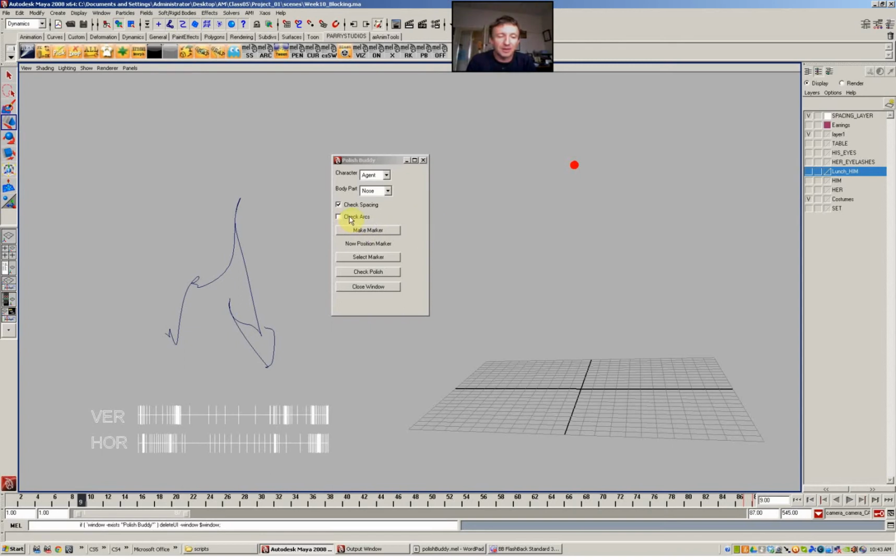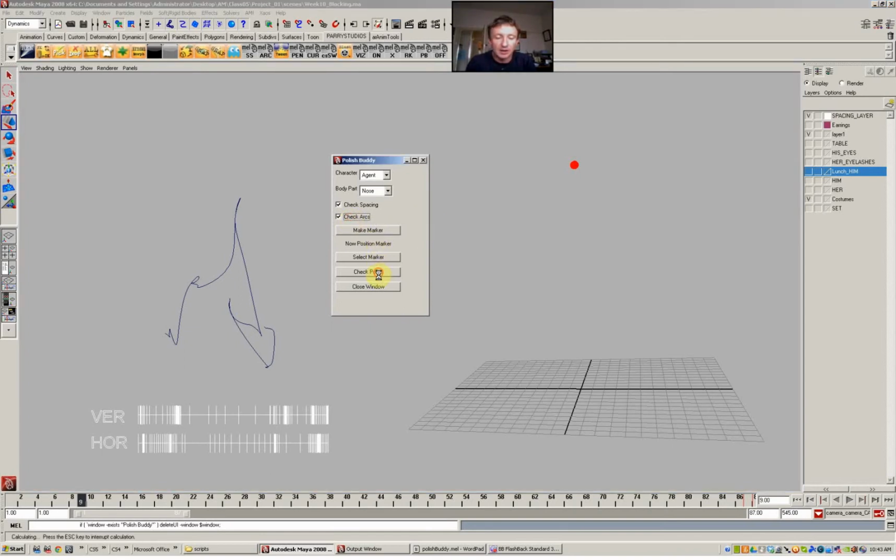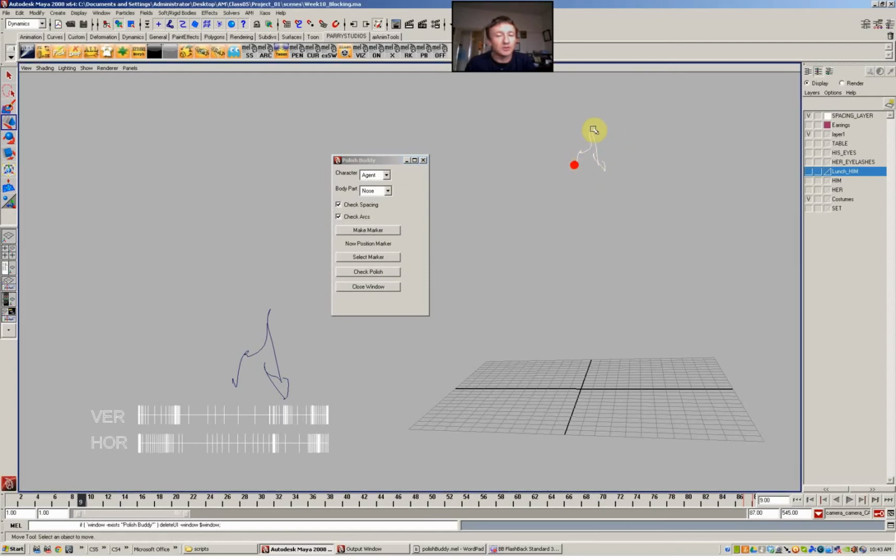Now I think this is a bit buggy, but I can also go check arcs and click check polish, and then it draws my arcs corresponding to what's going on here, and then you've got, that's a 3-dimensional one, whereas this one's being projected directly into screen space. So this one gives you a more accurate idea of the camera dependent way the arcs are moving, and this one just shows you over time. So you've got your spacing here per frame,